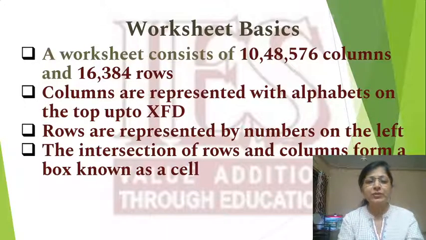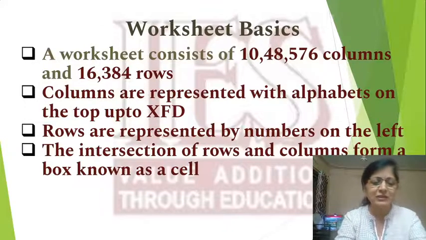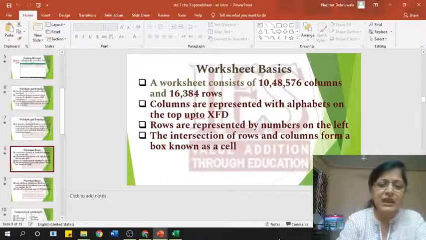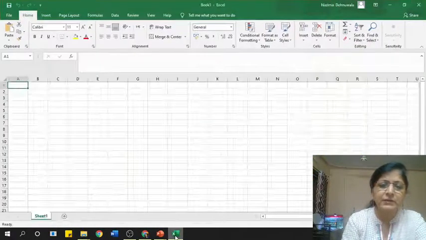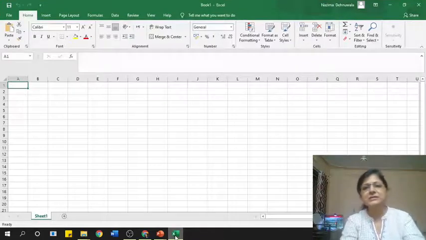Okay, so when you start Excel, I'll just show it to you. See, when you start Excel, you see a screen like this. Okay, you see a screen like this. Now in this screen, you can see over here, this is the Book 1 over here, this is the menu bar here. Okay, this is the ribbon, and this is the formula bar here, and below the formula bar you can see this A B C D E F G H I.